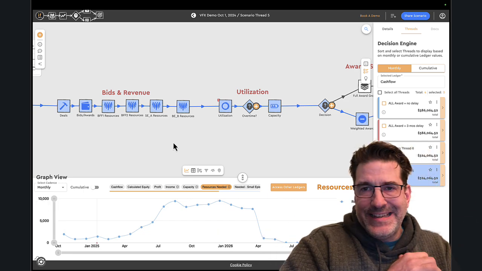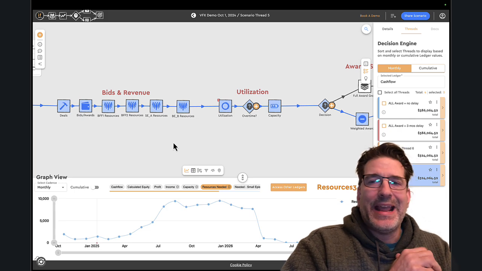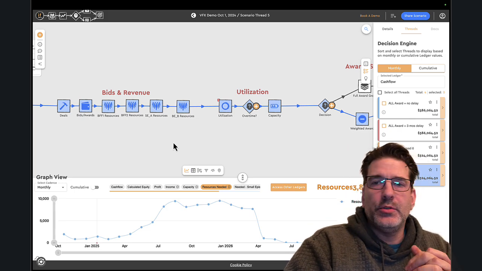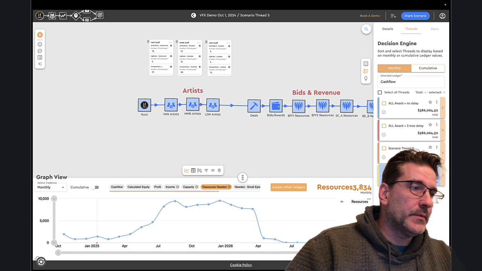This software is built to be niche agnostic. So as we add more and more nodes to the software, it can be used to do anything that's financial, operational, numerical. It doesn't really matter. Let's run through this model in a little bit more detail, okay?